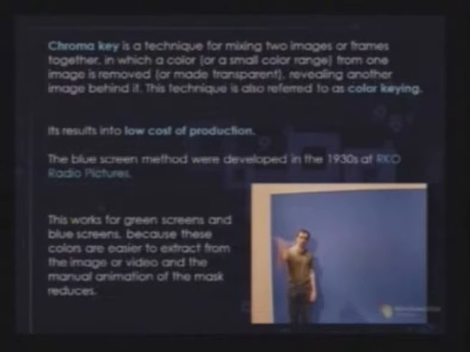Now, why do we use this blue and green screen? First of all, as I told you earlier, it reduces a lot of cost when we are doing a chroma shoot, because manually doing masking frame by frame is going to cost you a lot of money. This blue screen removal, or chroma screen, was developed in the 1930s at RKO Radio Pictures. That studio used and developed this technique for the very first time, because earlier film compositing was never digital. It was always done manually, and that costs a lot of money, patience, time and labor. This again increases the cost for the producer who has put up money in the movie.